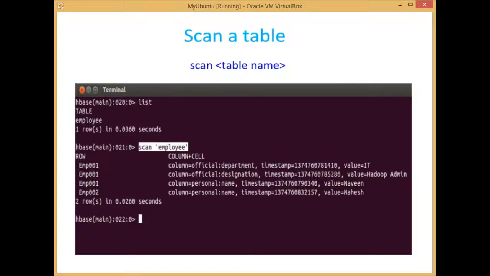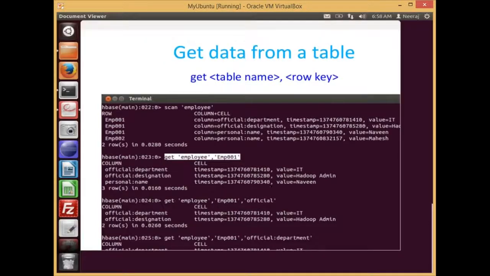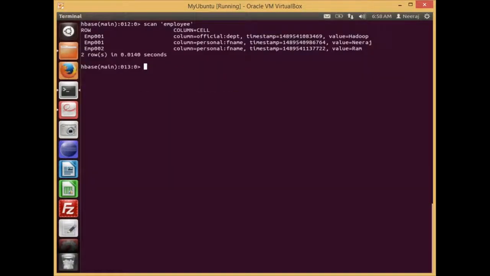Sometimes when you need limited data, you want the data specific to an employee. So in that case, instead of scan, we can use get command. Get command will help you to display the limited data, specific data. So let's try this in our terminal. Instead of scan, I will do get